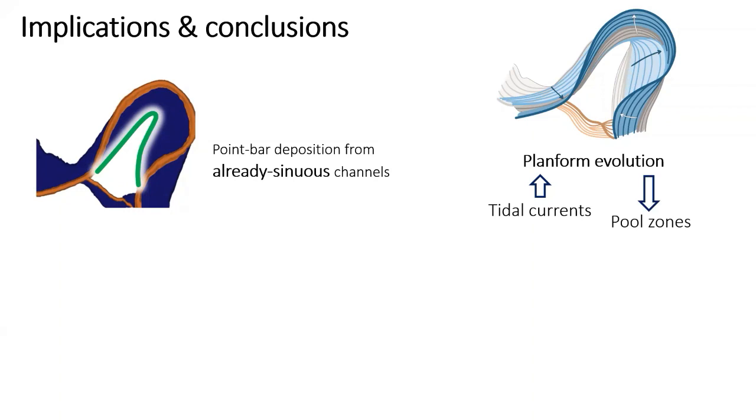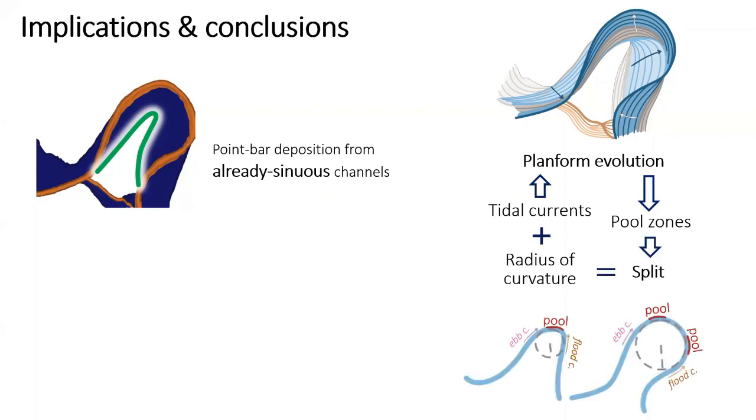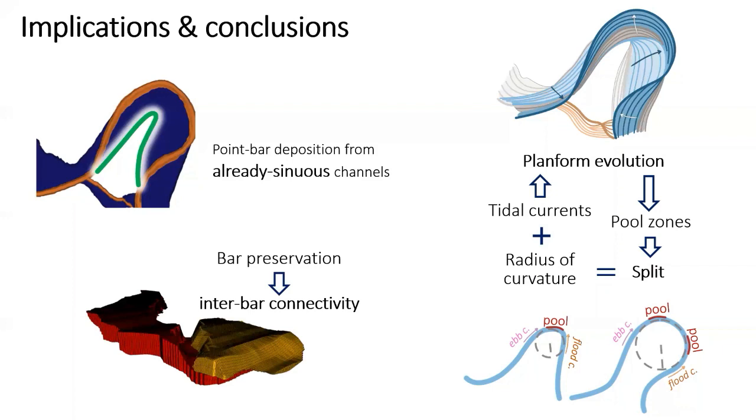And moreover, this mechanism can lead also to the split in two portions of the pool scours in response to the relationship between the impingement zones and the radius of curvature of the meander. Indeed, the greater the radius of curvature, the greater the possibility that the impingement zones of the two tidal currents do not coincide. And finally, the role of aggradation has been pointed out by the results of this study, and